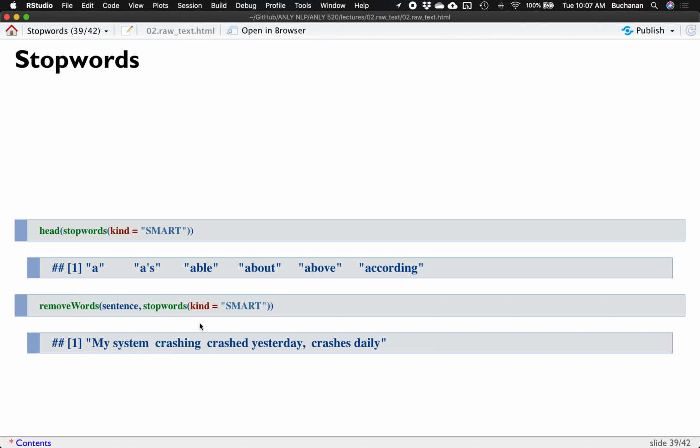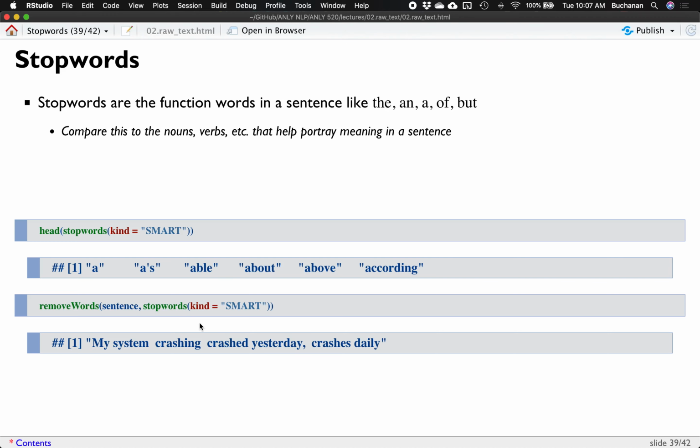All right, last topic, stop words. So stop words are function words in a sentence, like the, and, a, of, and but. We can compare that idea to nouns and verbs, and the adverbs and adjectives, right, which are the worker words in a sentence. Those are portraying the meaning of the sentence. So if I say, I went to the store, right, I and went, pretty important. That tells me what I'm doing. And where, the store. But to the store, to and the are not necessary. They help fill in the sentence in a way that allows us to understand the meaning, but aren't always necessary for processing